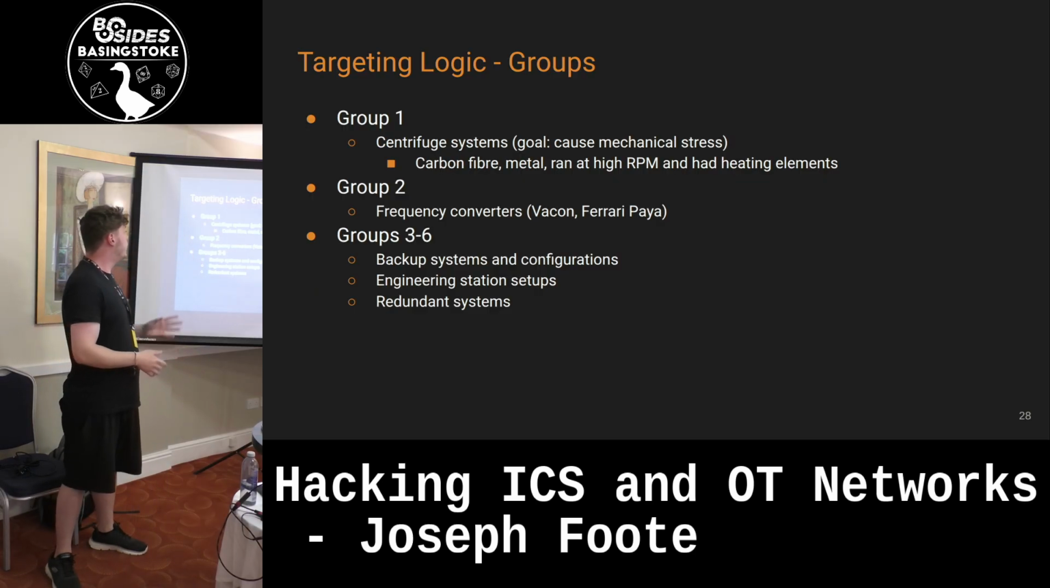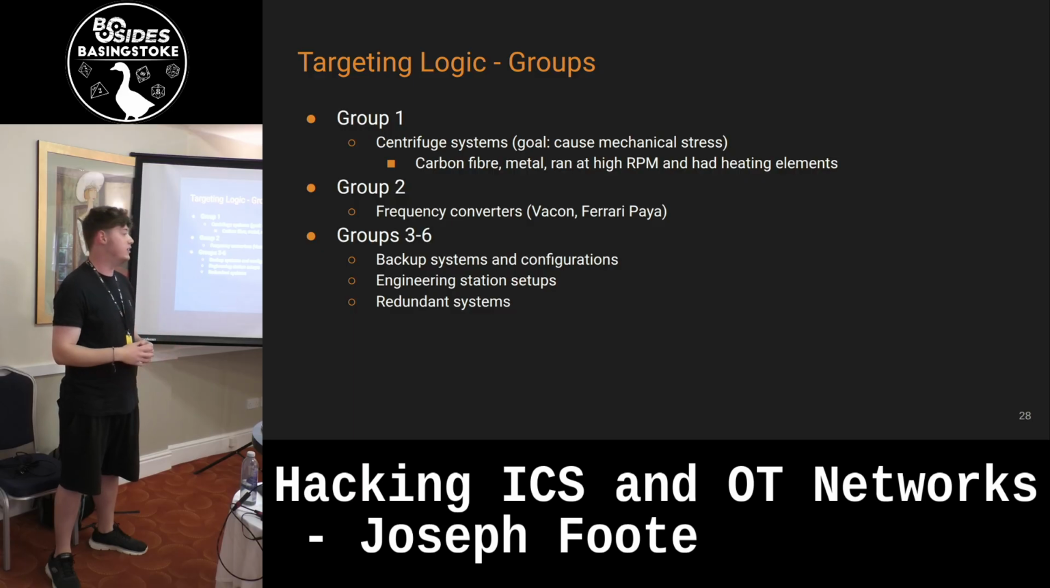Within these groups were Group 1, the centrifuge systems, so we actually used enriched material among other things. These were made from carbon fibre and metal, run at high RPM. Very sensitive, supposedly quite poorly made, perhaps for cost reasons. But if anyone knows about how different metal materials interact, carbon fibre shrinks when it's heated, metal expands. So you can imagine very temperamental devices that need to be kept at a specific temperature,